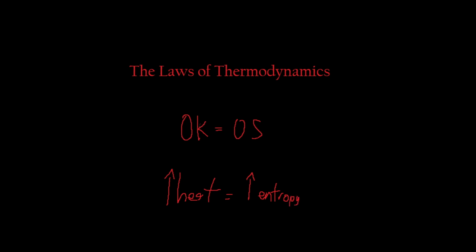Because if it's not a 100% pure crystalline structure, then entropy will only be very small, because a perfect crystalline structure has a perfect arrangement of constituent particles, which are basically just atoms, particles which can never be broken down, like molecules, ions, and atoms. So if it's a perfect crystalline structure and it's at 0 Kelvin, which means no heat, that also means no entropy. So those are the laws of thermodynamics.